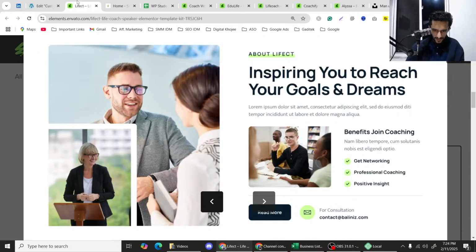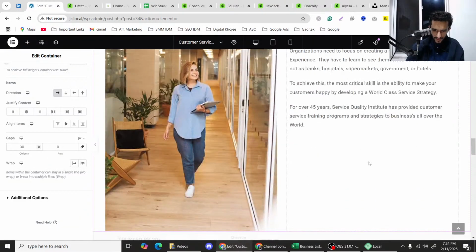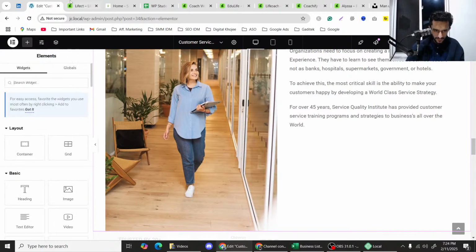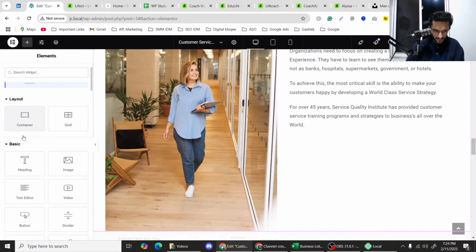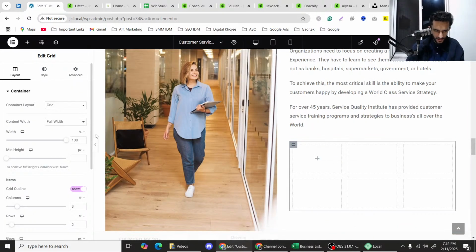इसको मैं 30 का गैप लगा देता हूँ, और फिर उसके नीचे 2 कॉलम हैं। इसकी जगह ग्रिड ही लगा दो सीधी सीधी, क्या कंटेनर के अंदर फिर वही।